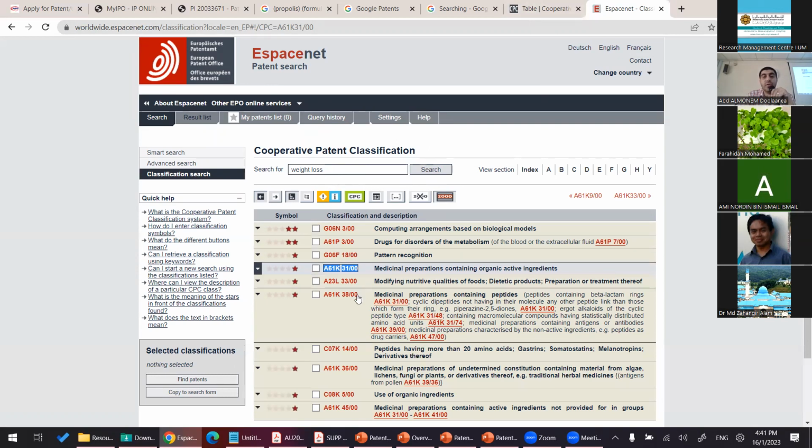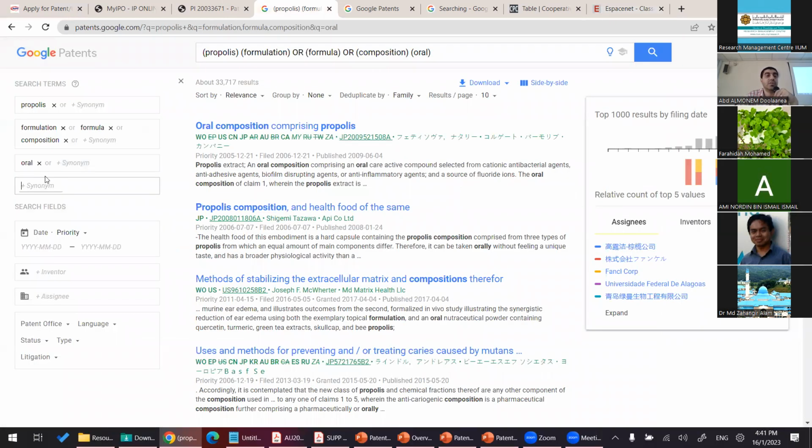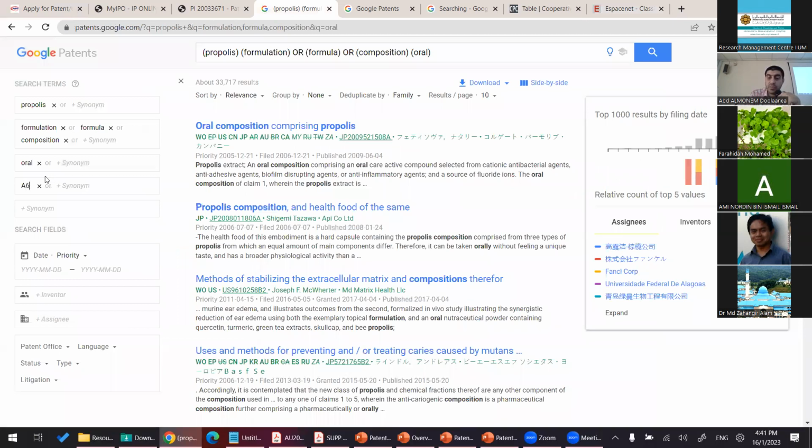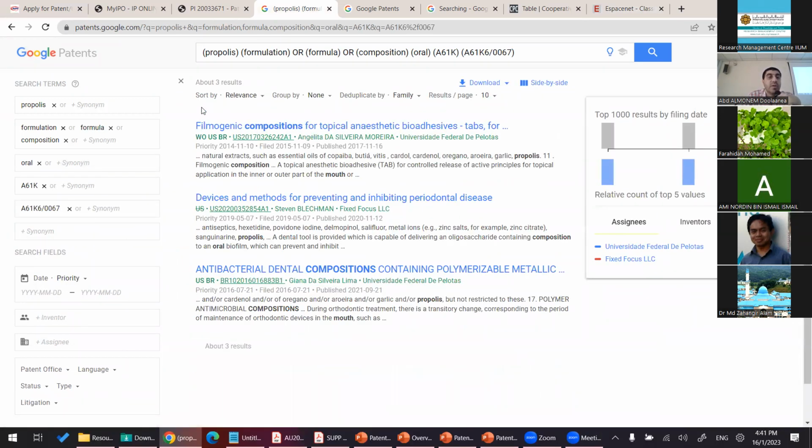Okay, so if we are looking for A61K, for example, if we add it here, we want to search A61K. Now 7,000. So you can add a more restrictive term, there's some suggestion actually. Let's take, for example, this one. Now we have 3 results only. If we narrow down your field, you will have a very small, manageable number, maybe 20, 30. If 20, 30, 2 pages, you can basically read the titles and pick up the